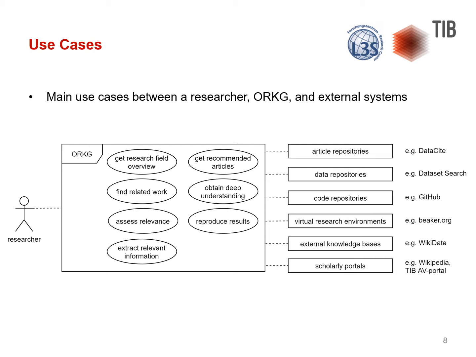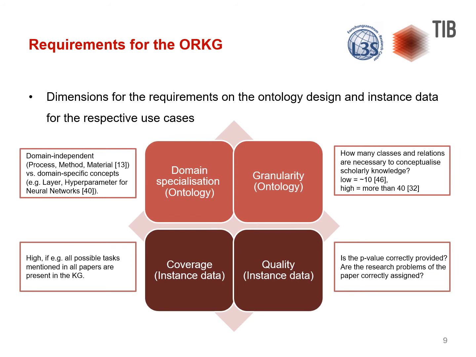Finally, the system should also provide all the necessary information to help to reproduce research results, such as datasets and source code. For that, the system relies on external systems such as data or code repositories, or explanations for certain methods on scholarly portals. Next, we discuss the requirements on ontology design and instance data for the identified use cases